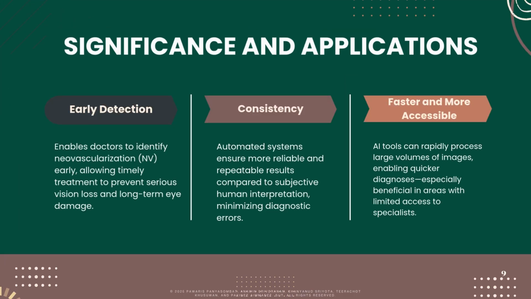Going on to the significant applications: early detection, consistency, and faster and more accessible. Early detection: CNV will start as a small spot and grow larger, so if you can build a tool or model that can detect it when it is small, it can detect the disease early. And consistency: the tool needs to minimize misdiagnosis, with lower FPR and lower FNR. And faster and more accessible: